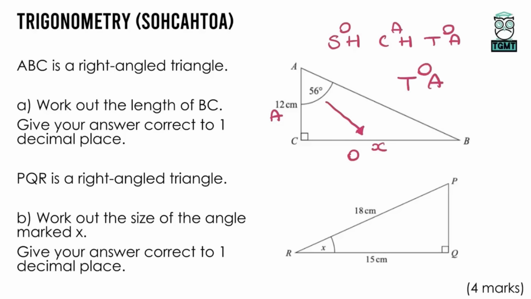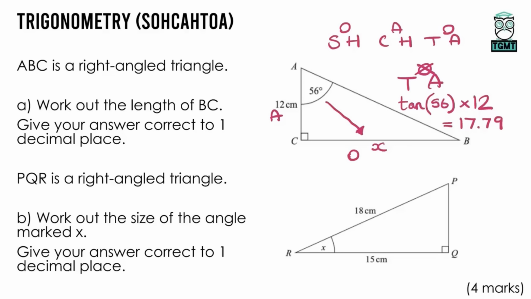So in this circumstance, you cover up the side that you're looking for, which is the O, and that T next to the A means we need to do a multiplication. Whenever you press sin, cos or tan on your calculator, a bracket will appear, and that reminds you to put the angle in the question into that bracket. Just don't forget to close the bracket. We're going to multiply that by the adjacent, which in this case is the 12, and then we just need to type that into the calculator. So tan 56, not forgetting to close the bracket, multiplied by 12, and that is equal to